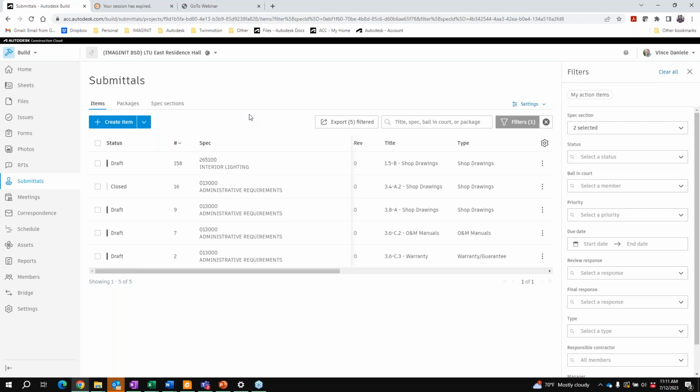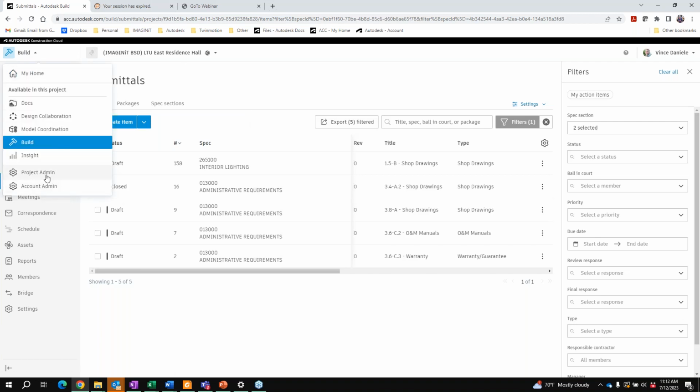So if you aren't aware already, Pipe AutoSpec is a solution that allows us to upload a project specification, and it does OCR recognition to basically extract all of the submittal items from the spec. We can refine it in Pipe, and then when we feel like it's ready to push into build, we can then make that push. We can export it from Pipe and import it into build. Pretty recently, probably in the last couple of months,